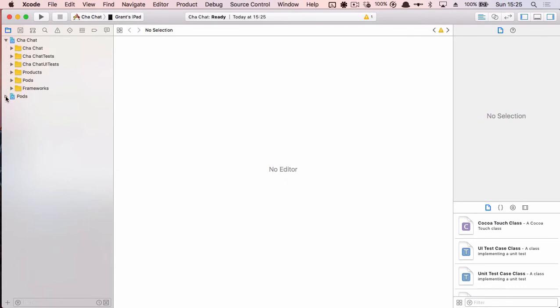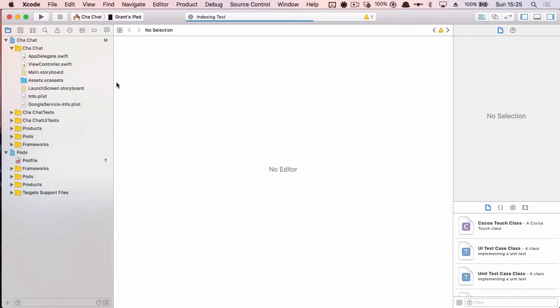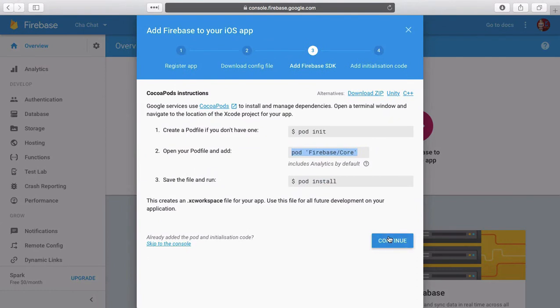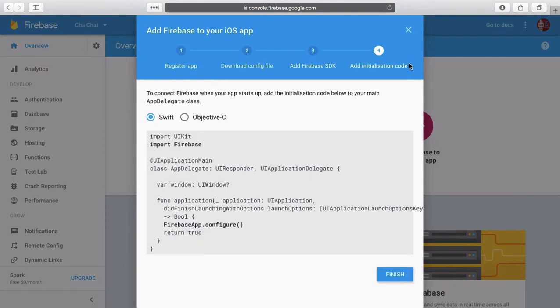Right, so now we have our chat, we have our pods. Let's open up our main project. Let's let everything index. So up at the top bar here, we can see it's doing what it needs to do. And our next step is to initialize our Firebase CocoaPod. So if we go back to our browser and we hit continue, we get up to our add initialization code,